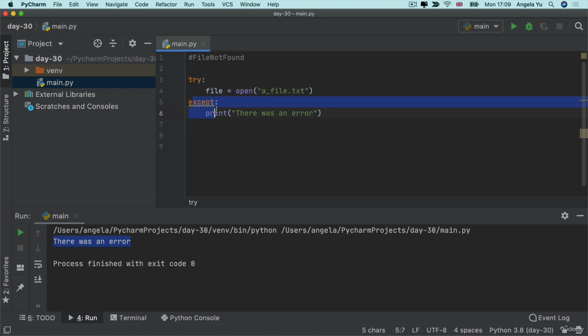Well, in that case, this is where it looks to see what it should do next. Now, just printing there was an error is kind of pointless. What we actually want to do is to make sure that we don't actually fail, so that whatever happens, we succeed. So if there is a good alternative, then that's what we're going to put inside the except block. What we're going to do instead